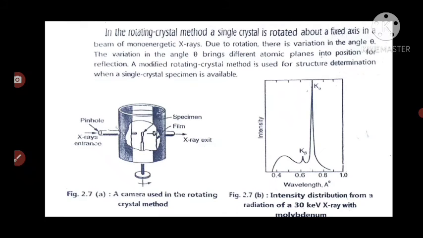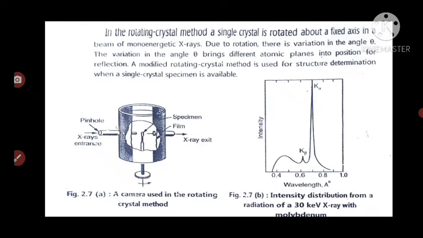So this is the idea about the experimental method of X-ray diffraction by the Laue method. This method is considered in two types: in one, the crystal is stable and the X-ray is incident on it, and whatever observation is there is recorded. The second method is the rotating crystal method.